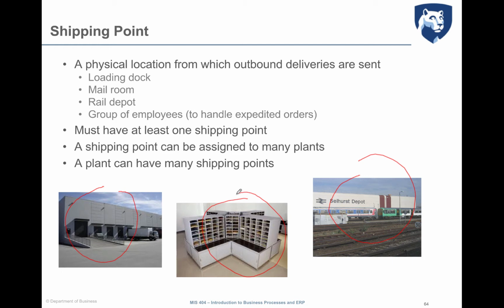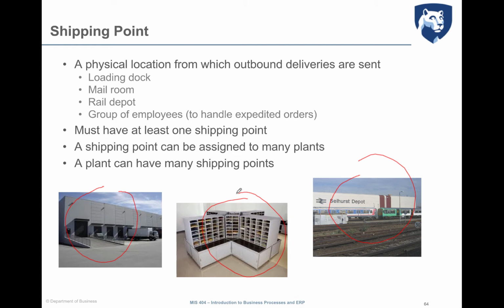Or it can be just a group of employees who handle express or special deliveries autonomously. So there should be a point to which materials need to be brought in order to then be delivered to a customer. Of course, a shipping point can be associated with one or more plants,